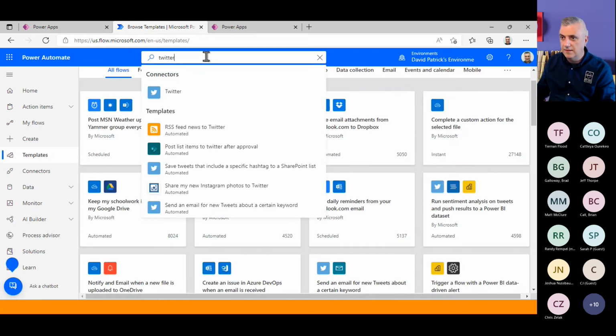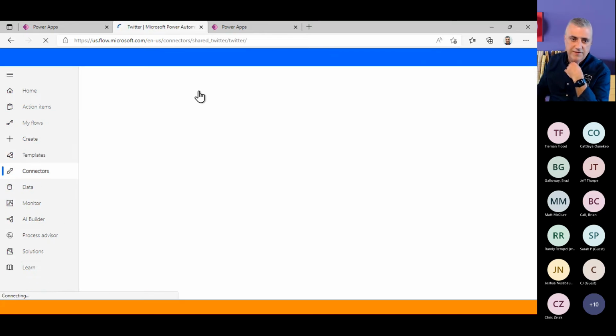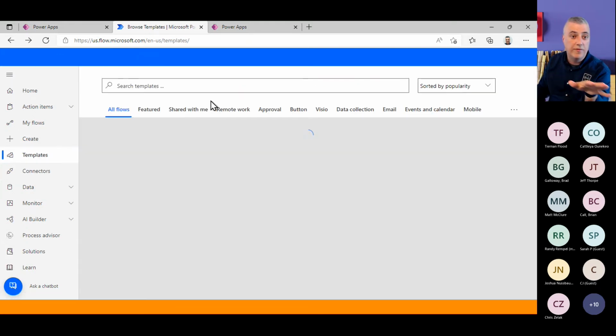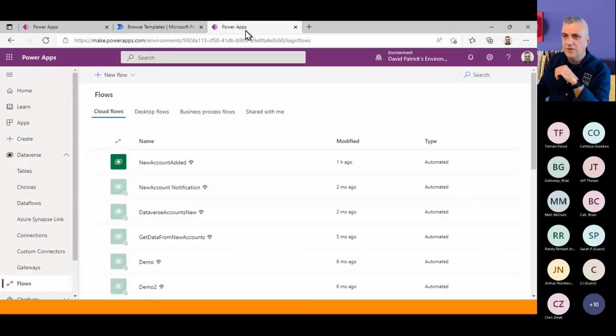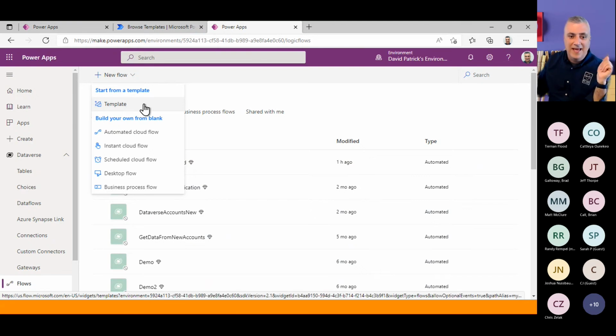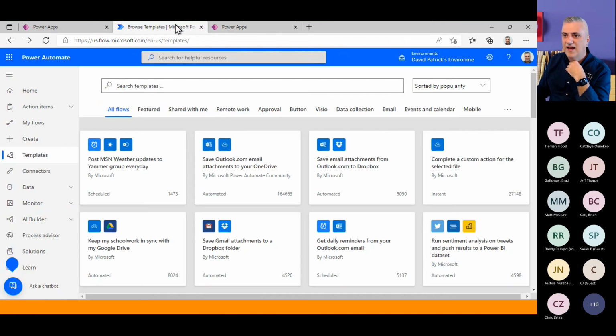It really is a ton of different potential templates and connections and whatnot, but we don't want to do any of that. We're going to start with the blank one. That said, if we do it from here, let's see, so a little bit different, right? You get the template, you get all those, but notice we didn't get the Visio here. Okay, so there's a difference, so watch out. That's why I want to make sure I do it